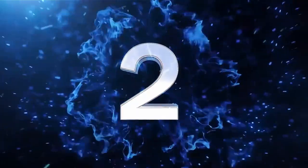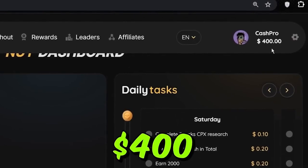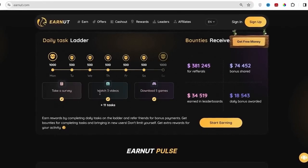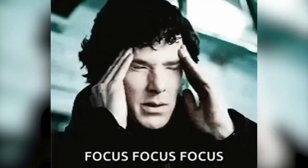Now step number 2 is once you log into your account, this is how your dashboard will look like. As you can see, I have already earned over $400 on Earnut installing apps and games. And on Earnut, you can make money in 3 ways: completing surveys, watching videos, and installing games and apps. I will show you all 3 of them, but our main focus today will be to earn money installing apps